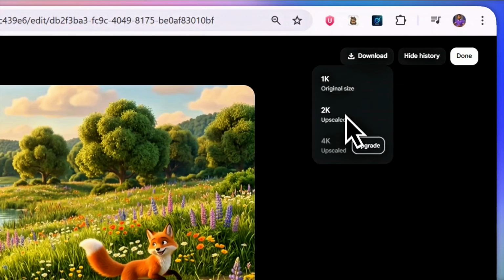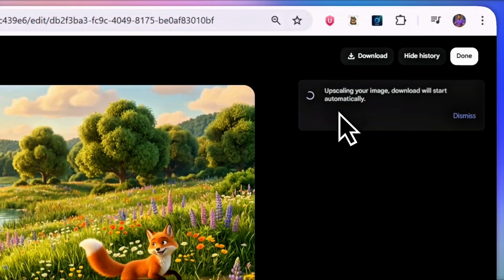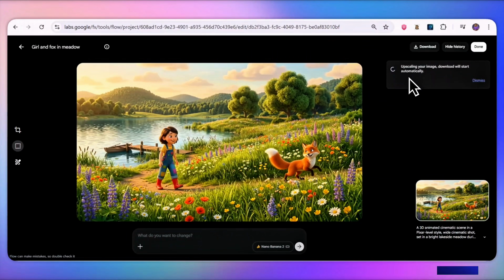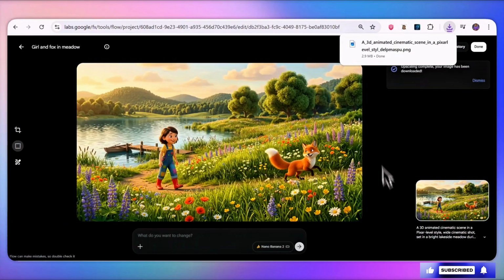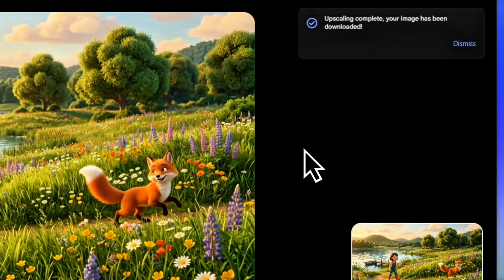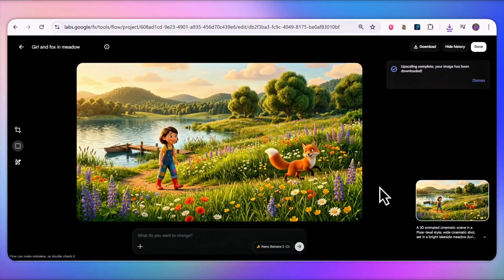I will proceed to download this onto my device. You also have the option to upscale it to 2K, which is what I'm doing right now. The upscaling is complete and our base image is successfully generated and downloaded. That looks amazing. Now, let's move on to the next stage, which is animating this image using the new Grok